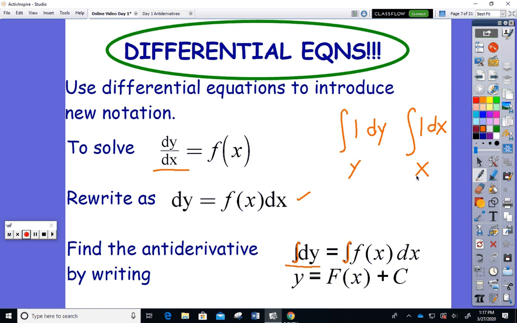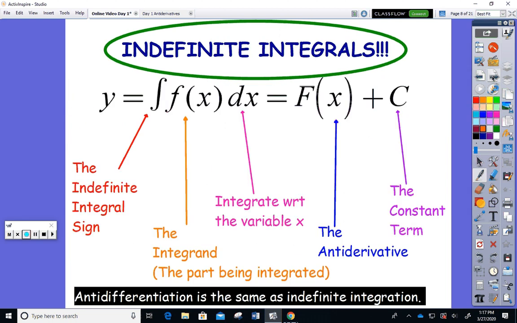So the antiderivative of 1 dy is y, and the antiderivative of little f of x with respect to x is big F of x plus our constant term, okay? Now, why is this useful? You're going to see on the next slide. Here I've just broken down what I'm giving you, okay? So remember the elongated S symbol